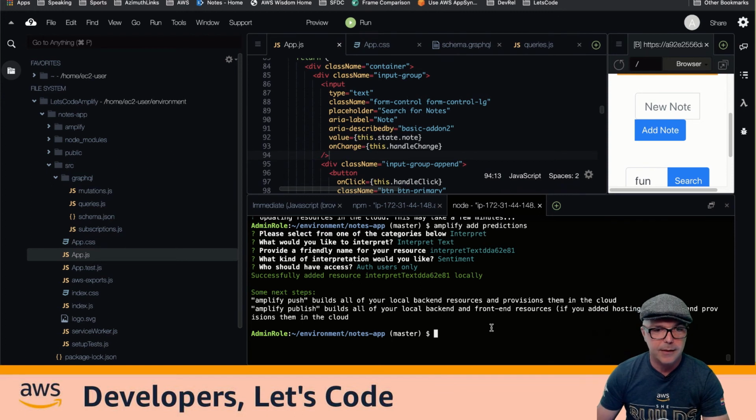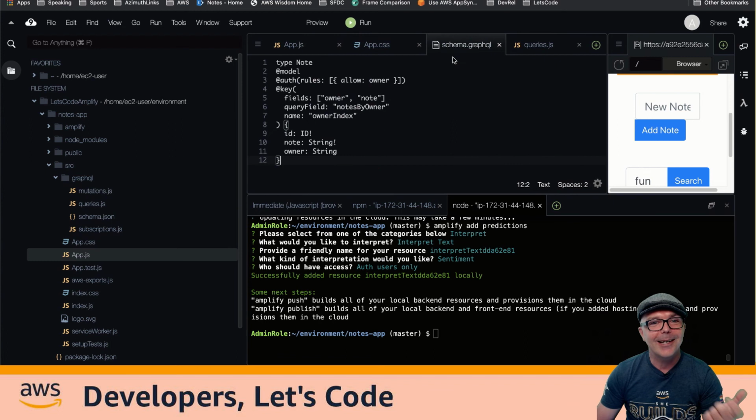Oh, before we do that, actually, I'm just thinking through this. I need to change my schema to store the sentiment. So the only thing I need to do here is add sentiment. So there's a number of ways I could have done this. So I could have